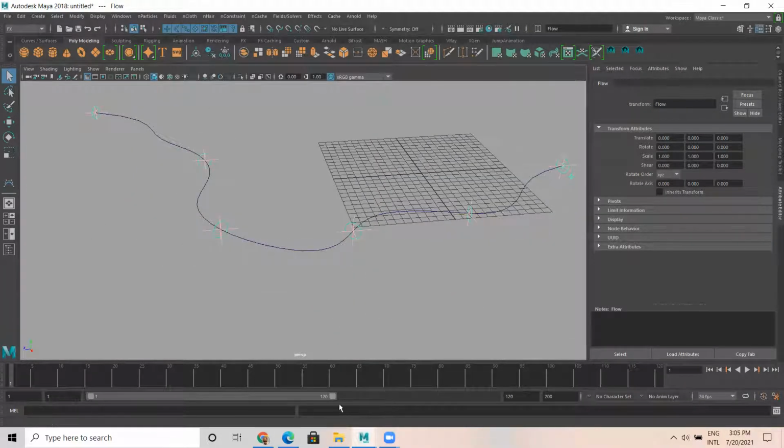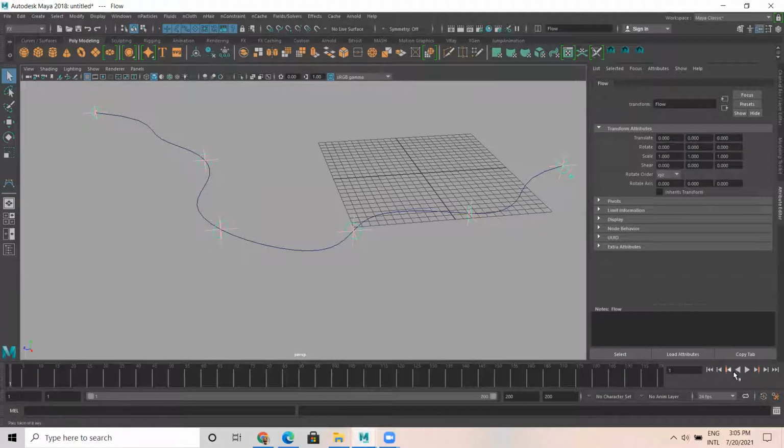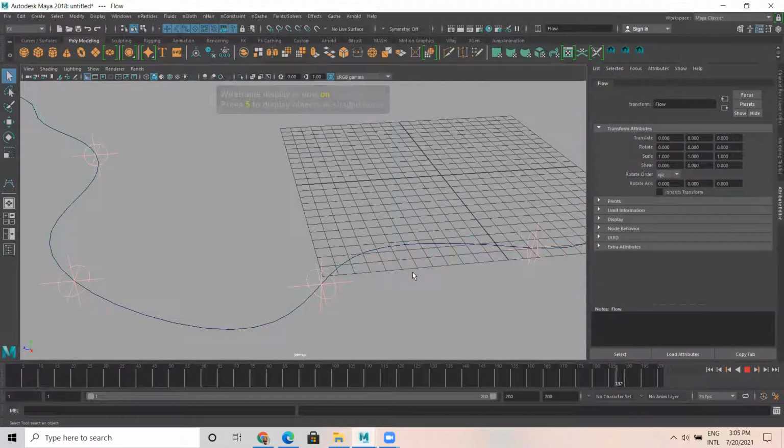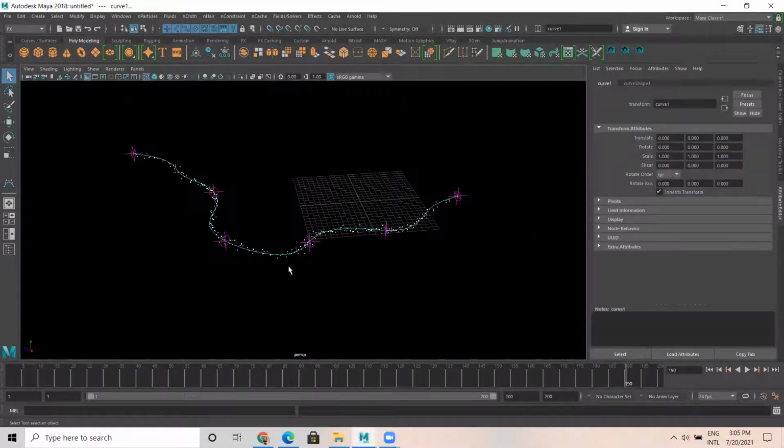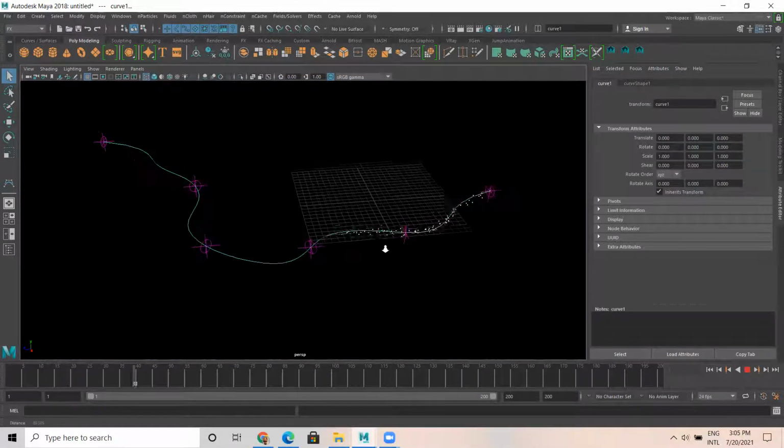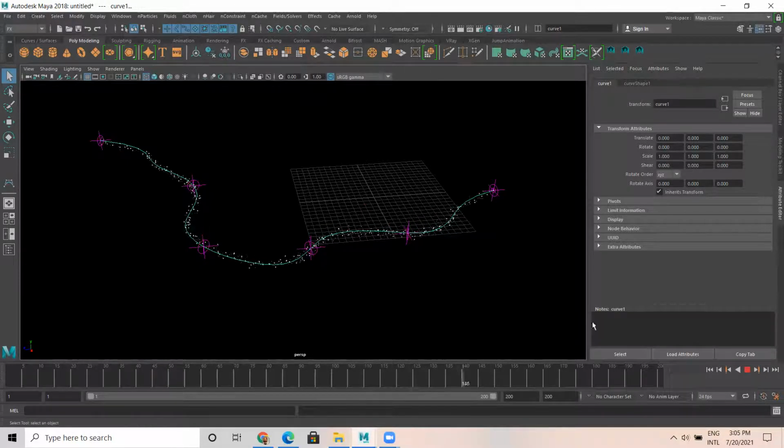Okay. So when I play this, I think, yeah, if I press wireframe mode, you can see these particles which are simulating. I think it's better if you see like this, right? You can see particles which are flowing like this.